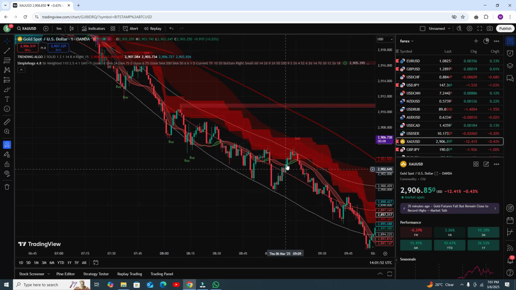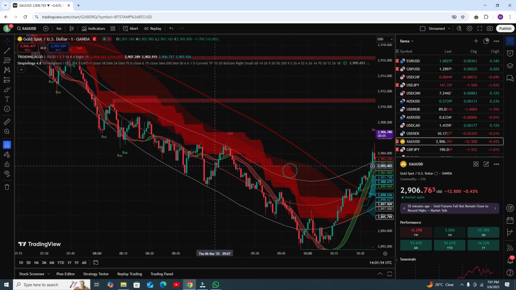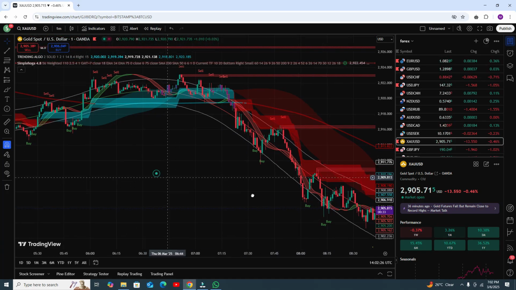Now this one is a weak signal, but when the candle closes below the RSI ribbon, that is a strong sell condition. You can put your stop loss here and you can book your profit here. You need to target the lower band line and open your sell position and target the lower band line like this one. You need to book your profit here. Okay, that is actually easy now.